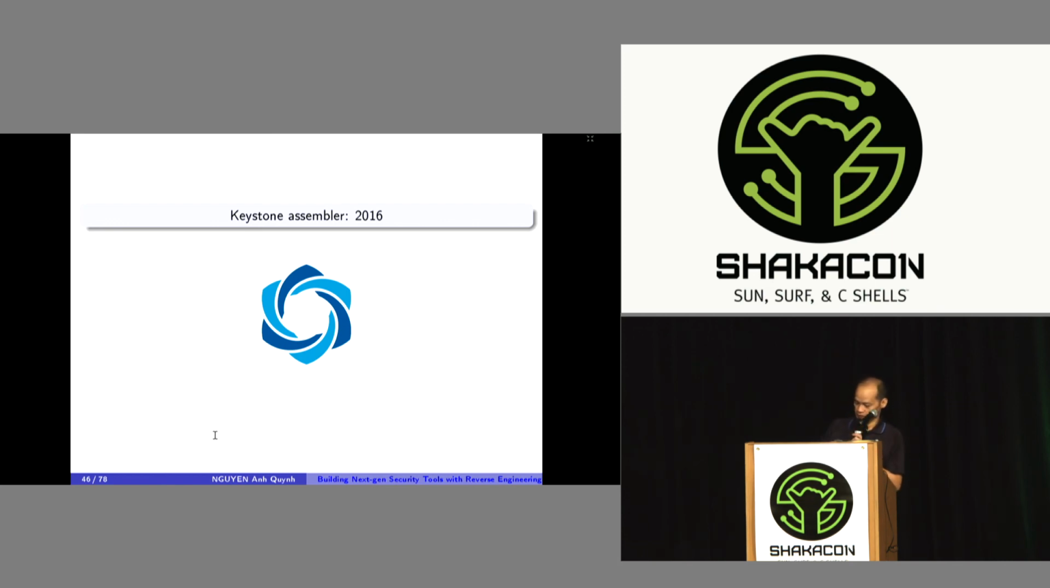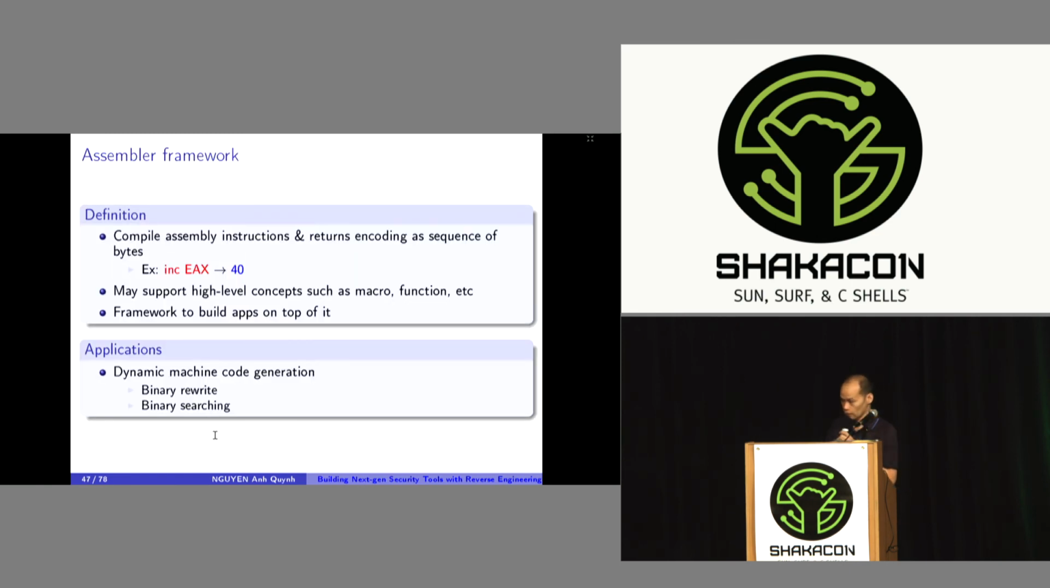This one is new, the latest one, built last year, 2016. Okay, assembler is the only missing piece in the Trilogy. So far you have this disassembler to convert from binary to assembly, right? You have Unicorn to emulate the binary. So the last missing piece is that